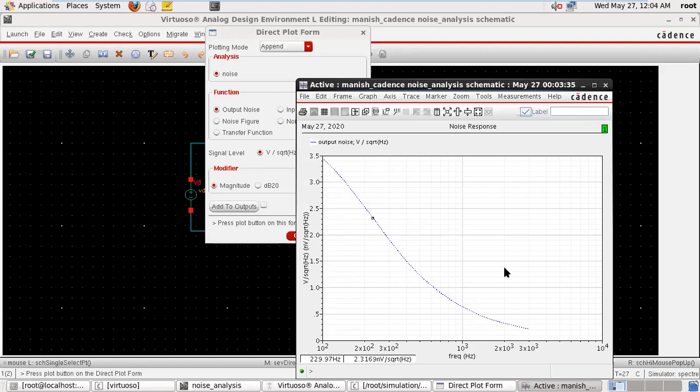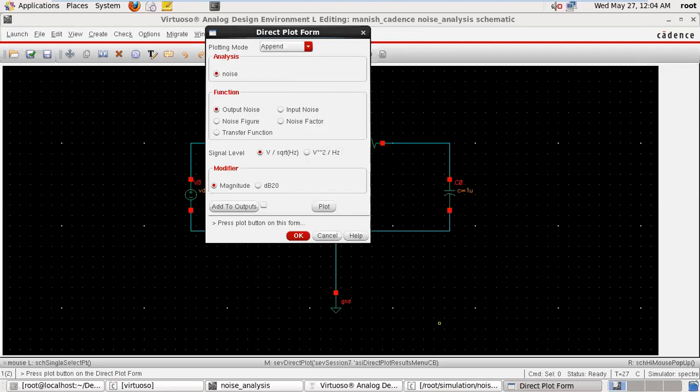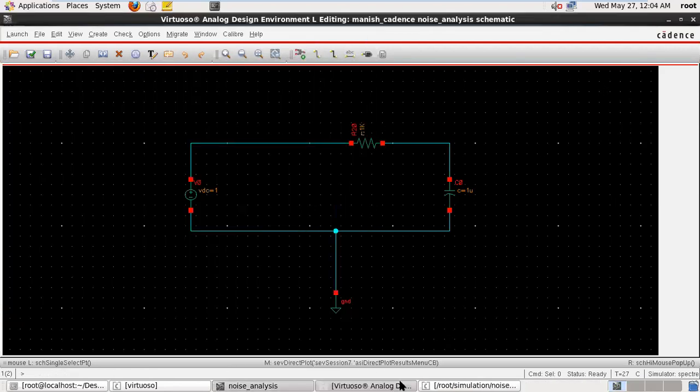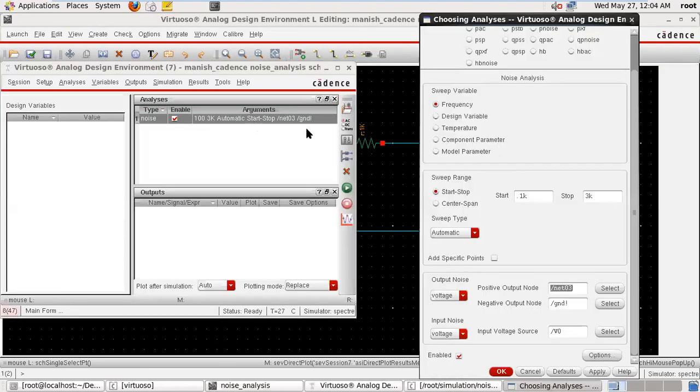Noise is decreasing with respect to the frequency. For a clear picture for the noise, because cutoff frequency is 1k, 0.5k, 0.5k means 500 hertz to suppose 2000 hertz. So we can see the clear picture. Apply, okay.